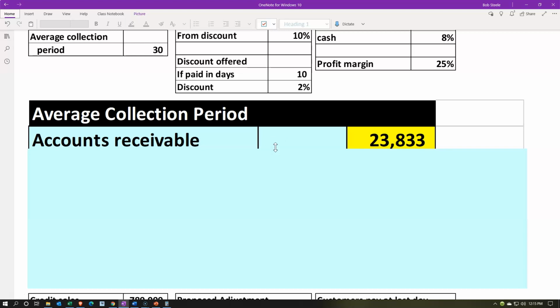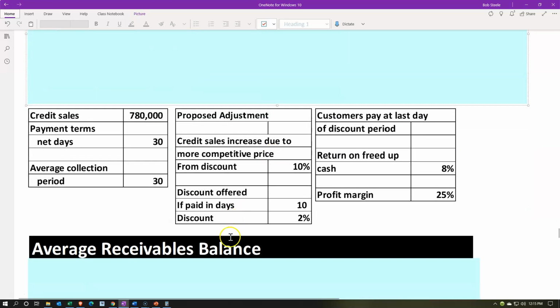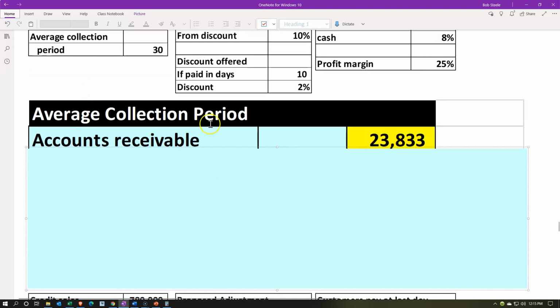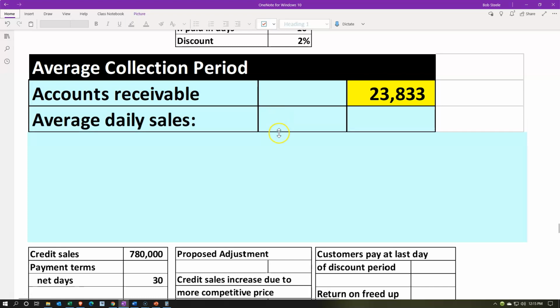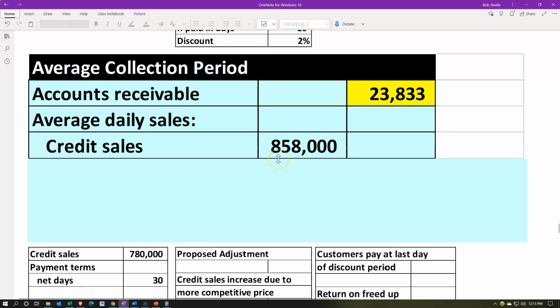So now we're going to say the accounts receivable, we're going to do the same calculation, looking for accounts receivable, but we're going to use the average collection period to do so, which is now 10 days. So accounts receivable would be the unknown. It's yellow. We have a number in there, but it's yellow. That means it's unknown. And then we have the average daily sales, which is going to be the credit sales,